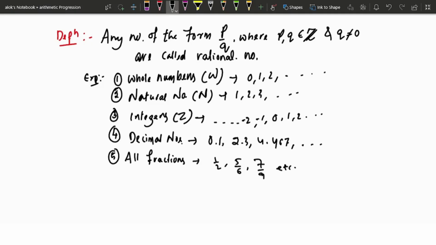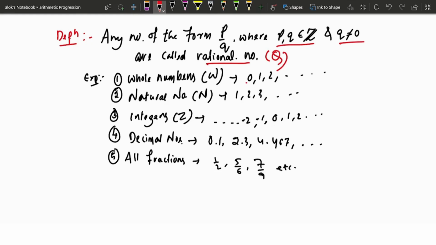Any number of the form p by q, for p and q integers and q not equal to 0, is called a rational number. Actually, we symbolize rational numbers as p/q. So all the whole numbers are rational numbers, because you can write 0 as 0 upon 1,